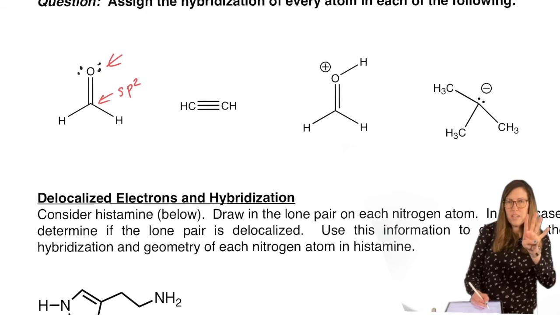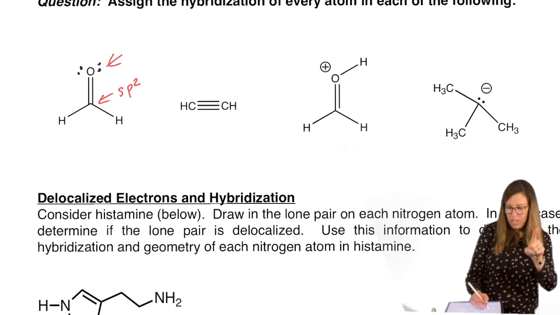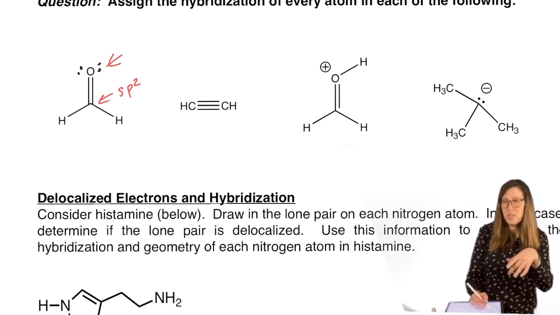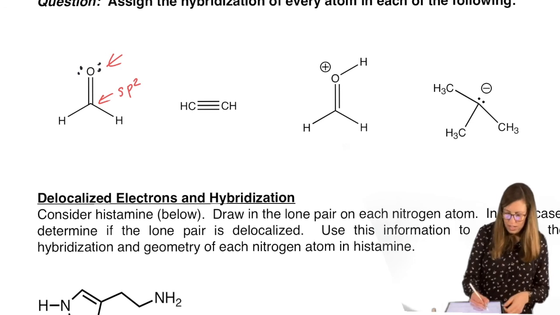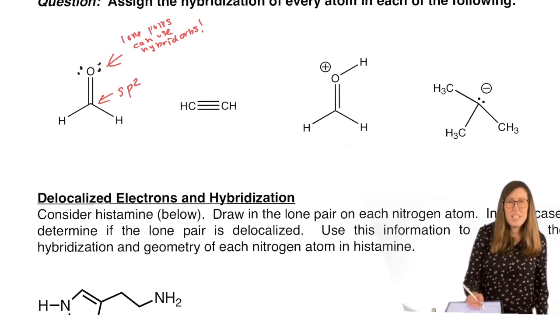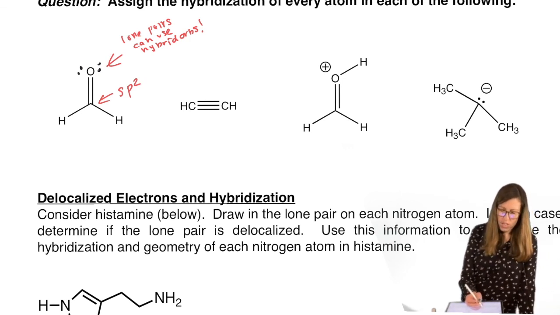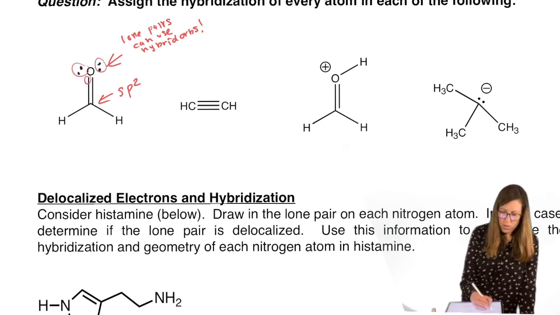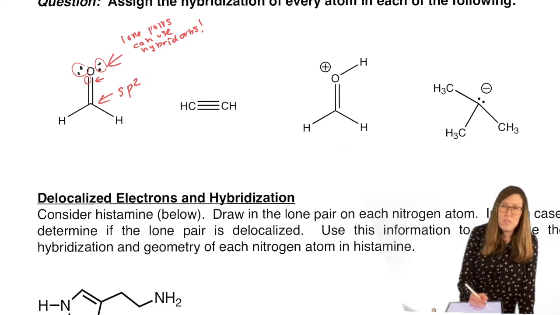4 electron groups in it, right? It's making 1 sigma bond, 1 pi bond, and then its 2 lone pairs need homes. So it can be using a hybrid orbital for those lone pairs. So I'm going to write that. Lone pairs can use hybrid orbitals or p orbitals, but they need orbitals. Okay, so 1, 2, 3 electron groups that are sigma type bond electron groups, so for hybrid orbitals, in other words, and a pi bond. So take away a p for a pi bond. That's sp2.